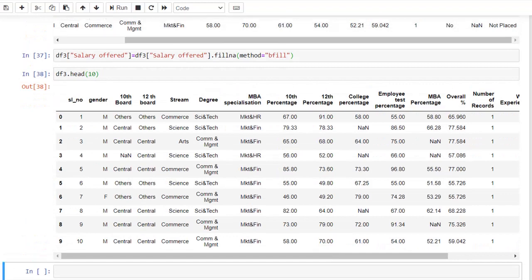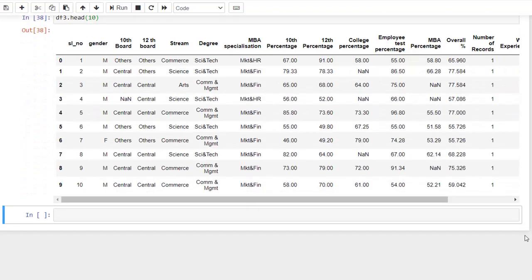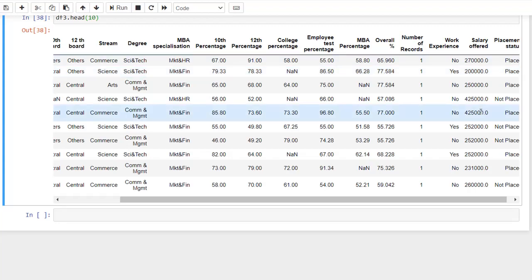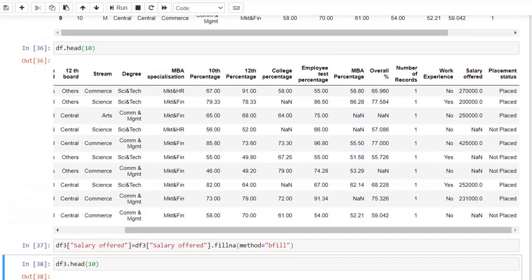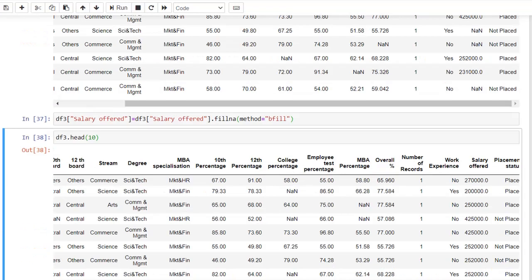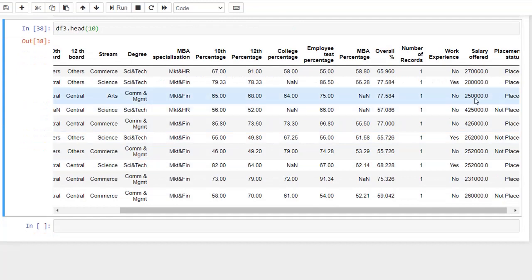So let's check what happened in the new data frame. Let's check the salary offered column. Here you can find the missing value in the fourth row, right? The value of the fourth row has been replaced by the value of the next row, right?